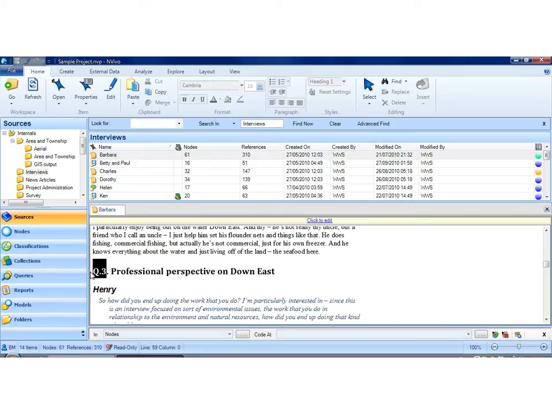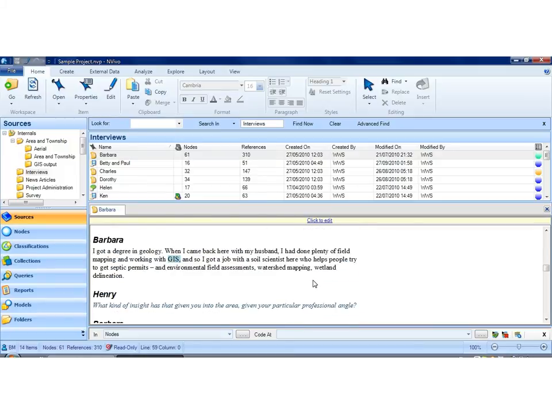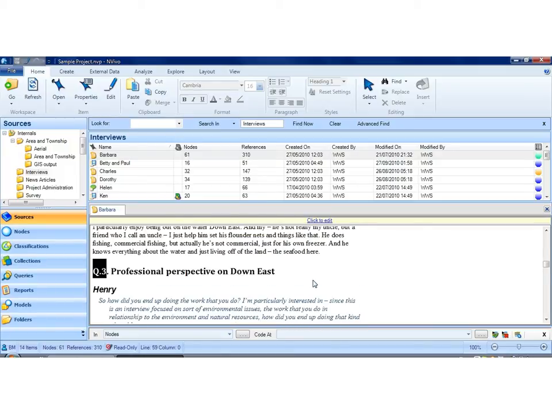And some people will respond, some people won't, some people will give long answers or not. And what we're going to do with this is by putting in a heading style, simply making these a particular style, heading 1, we're going to code automatically all of our responses to professional perspective Down East and indeed all our other topics. Now to do that, we're going to first create a folder in our nodes which we're going to call